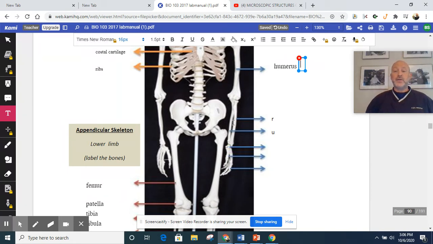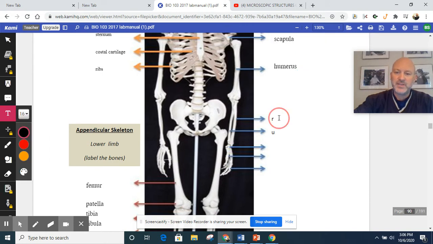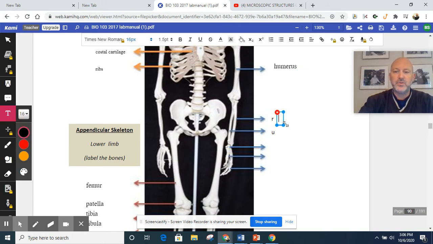Well, first of all, this model is not in the anatomical position because his hands are down at the sides and the palms are not in a supinated position. If the palms are supinated, we would clearly see that the bone on the lateral side, following the thumb, would be the radius. But we can't really tell from this angle. So that's why they're giving us a clue. So we're going to put radius here. And these ones that follow the pinky,